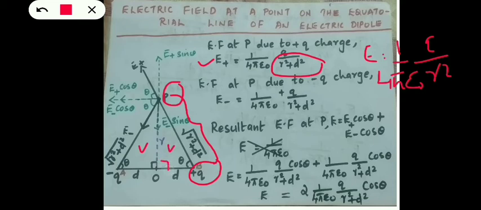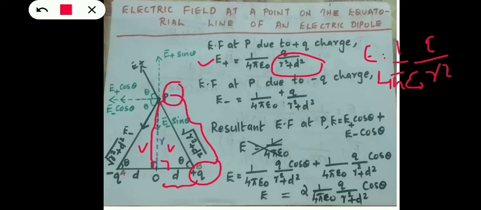If we consider this as our right angle triangle, this side forms the hypotenuse of the triangle. And we know the sides, right? This base is D and the altitude of the right angle triangle is R. So what will be the hypotenuse? Use the Pythagoras theorem. Hypotenuse is square root of R square plus D square. So the distance between the point P and the plus Q charge is square root of R square plus D square. So what will be the electric field intensity at the point P due to the plus Q charge? 1 by 4 pi epsilon naught into Q by R square plus D square.